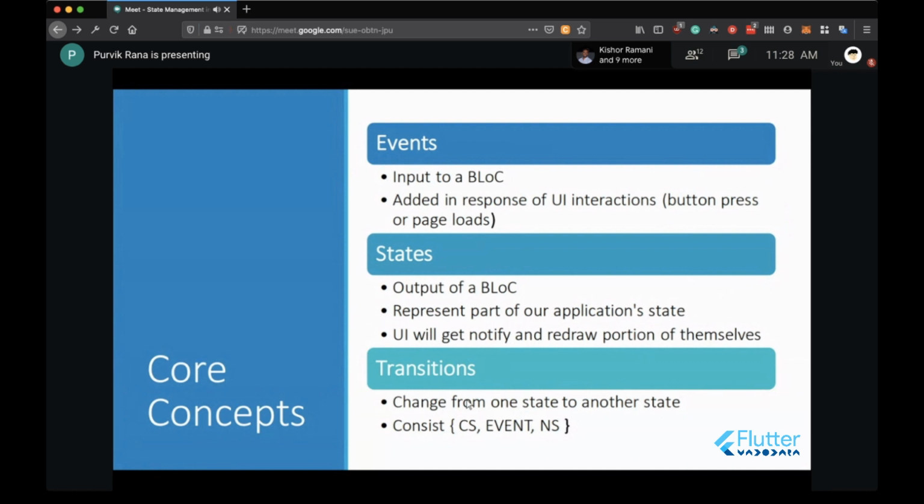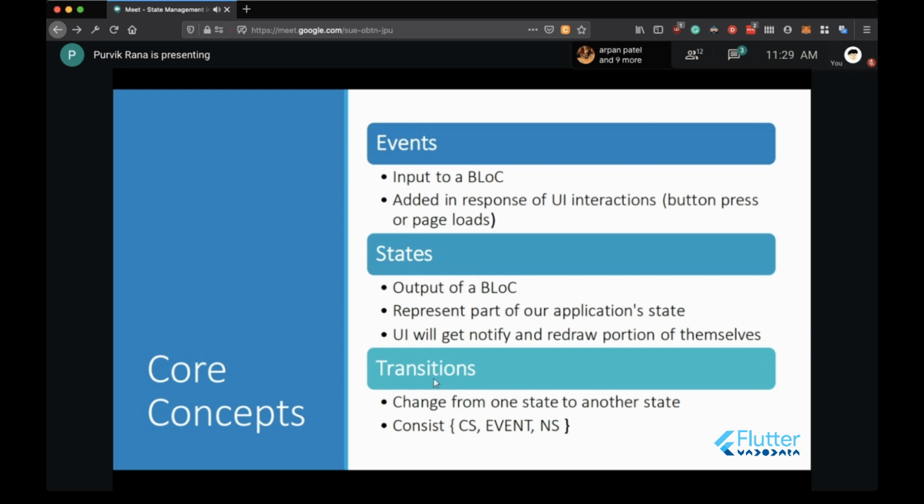So transition is not a concept that we have to actually implement, but it is only used for logging. So when you have to plot the logs of your application, when the user is clicking on one particular button, what transition is happening inside your application, that thing you can easily log in the console by using some methods that we will see.